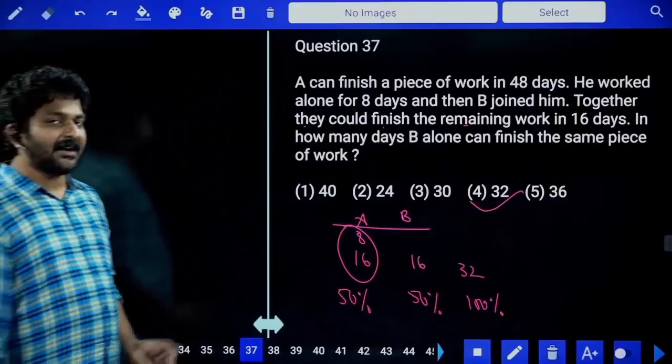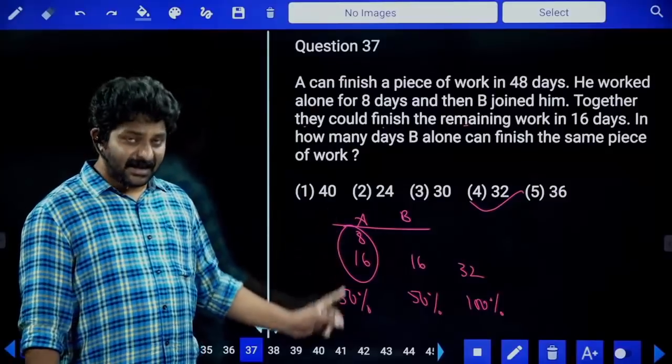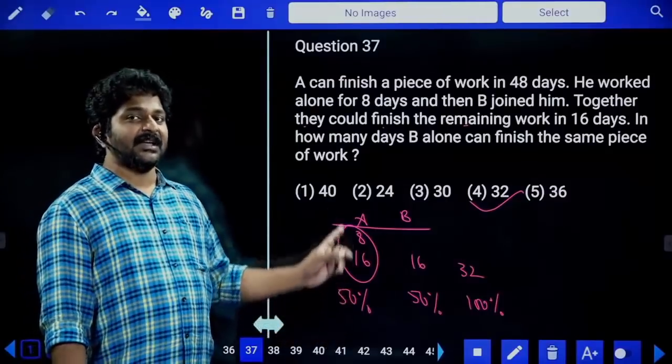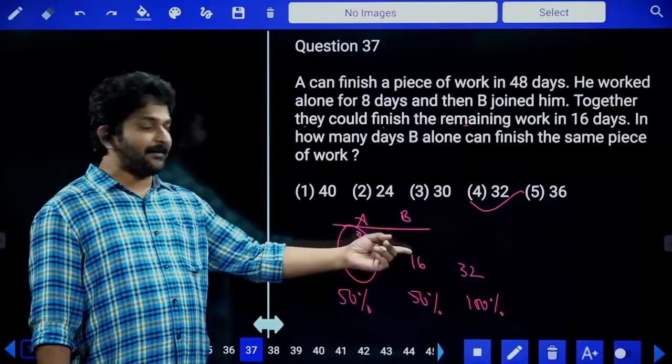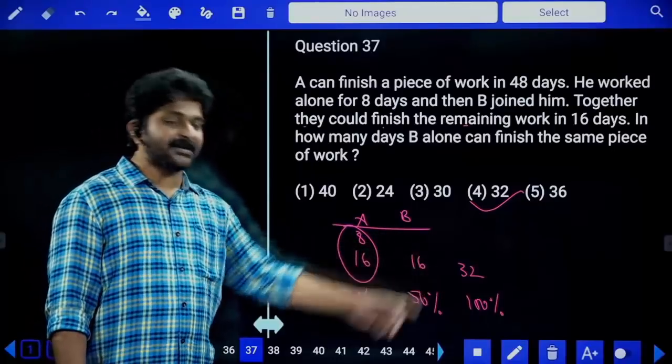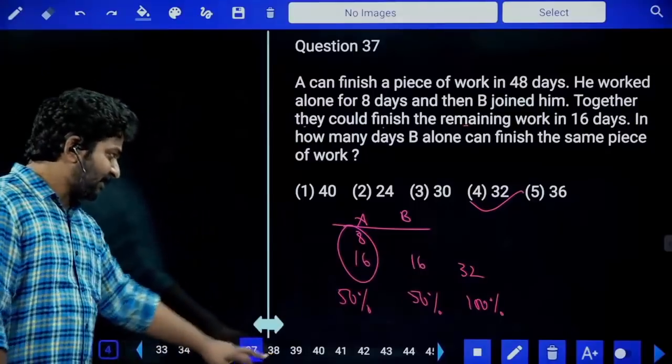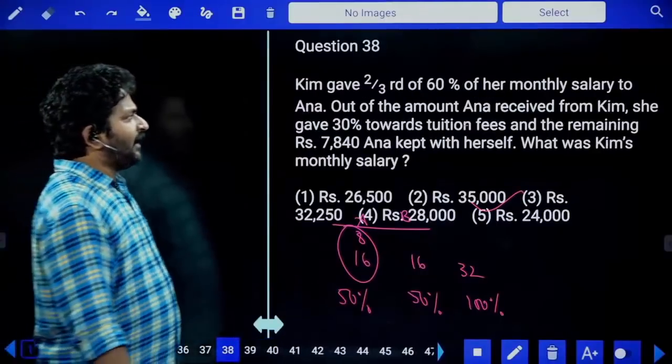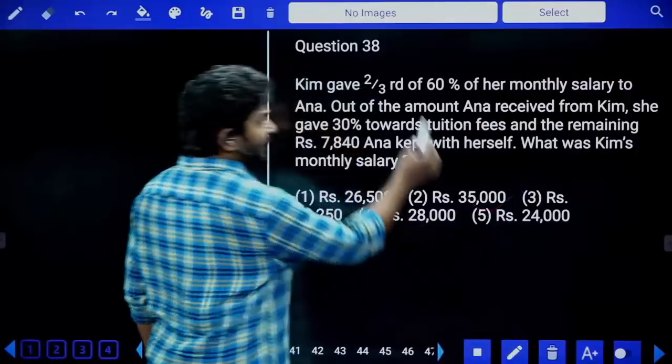First, we calculated what was the work done by A. We got it as 50%. The remaining 50% is done by B in 16 days. If 50% is done in 16 days, 100% can be done in 32 days. Final answer. Next, Kim gave 2/3 of 60%,